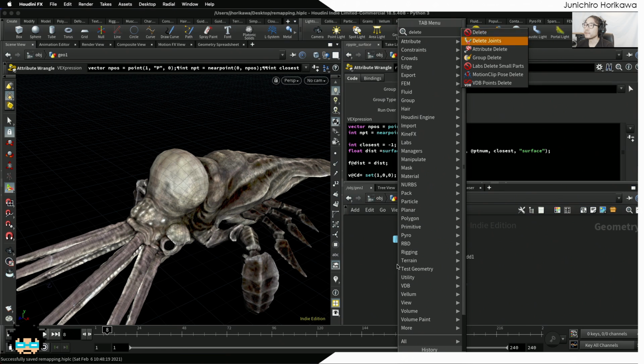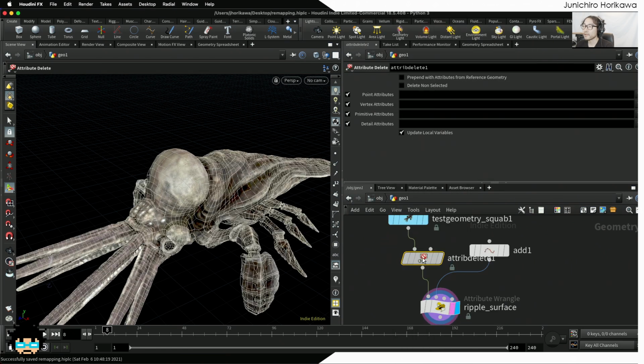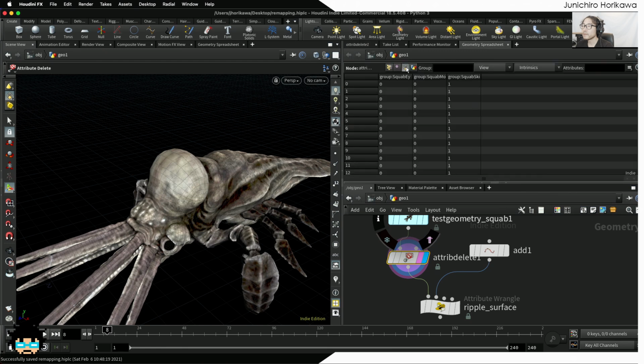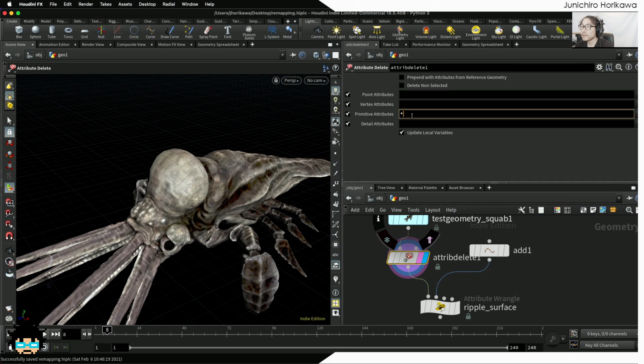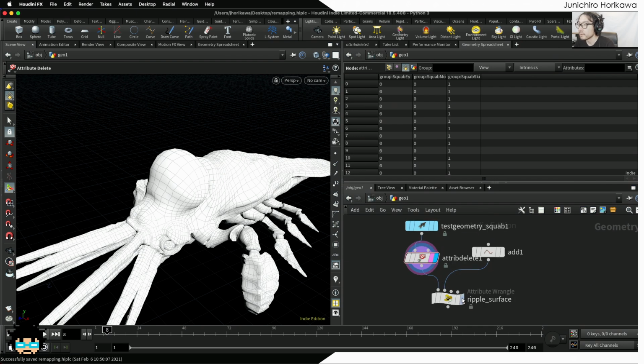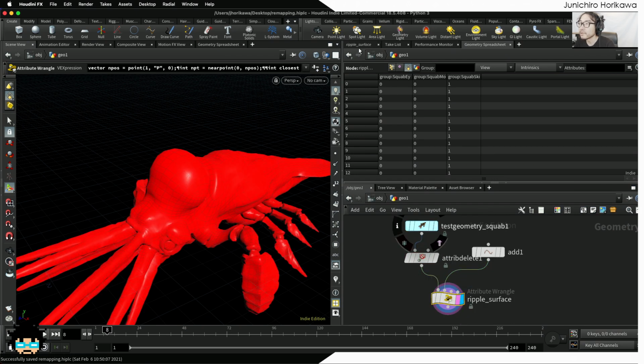I'm going to delete the attribute using attribute delete, and delete the primitive where it stores all the material related value. Okay, did it delete it? Nope, it's not deleted. So for the primitive attribute, I would like to delete all. Okay, now it seems to work. Now going back to the ripple surface,